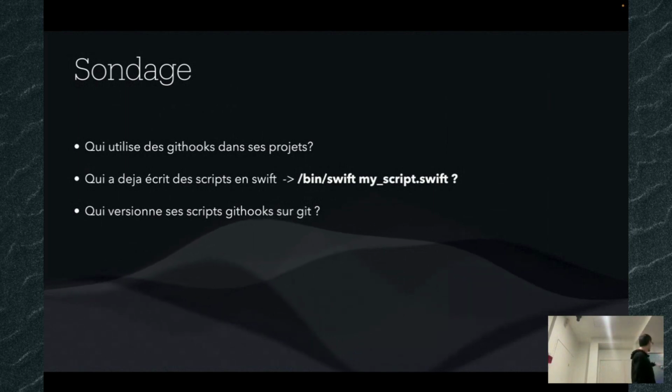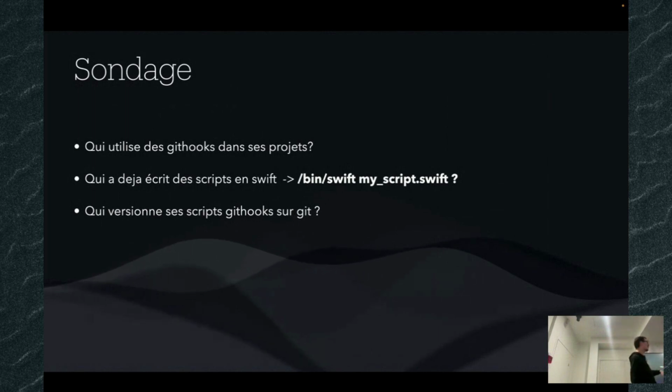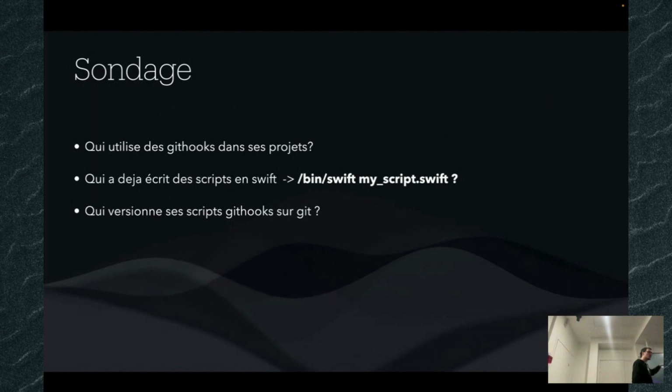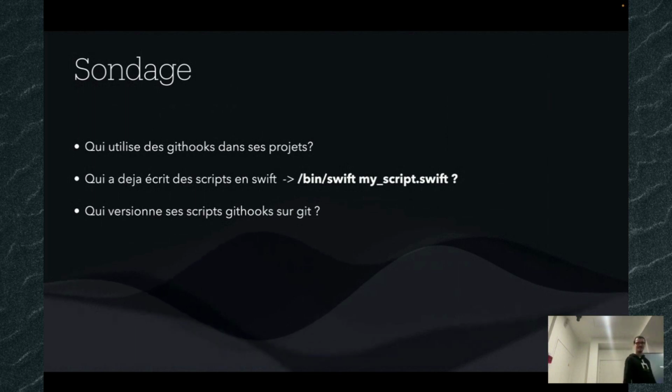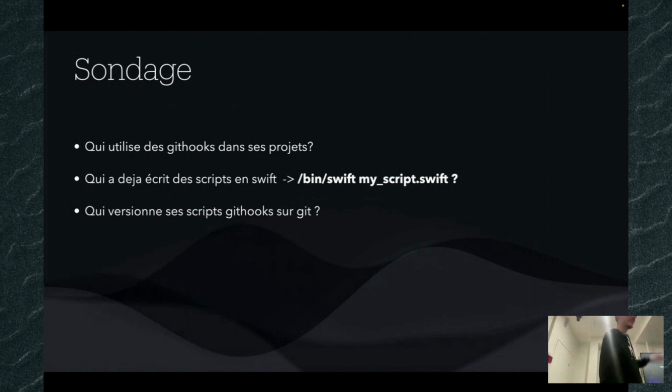Okay, so it's not a lot. Cool. And last question, and I think it will be almost no one, I guess: who has already versioned Git hooks scripts? Okay, there is a winner here. Nice. So it's possible, and it may interest you, I hope.